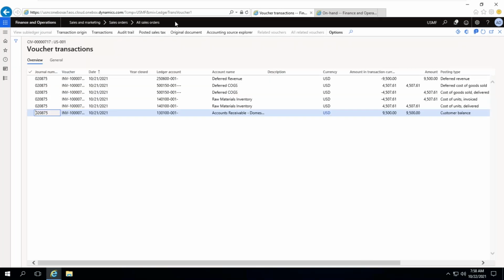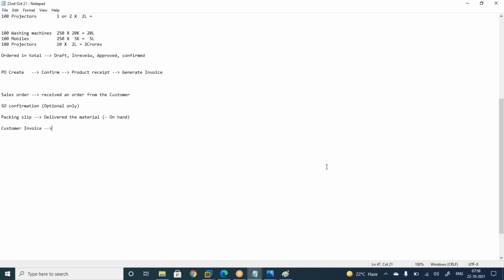Yes, please. Satya, yeah. What is the difference between journal and voucher? So, journal voucher is the actual word. Accountants will use the word JV, journal voucher. This means it is at least one debit and one credit.